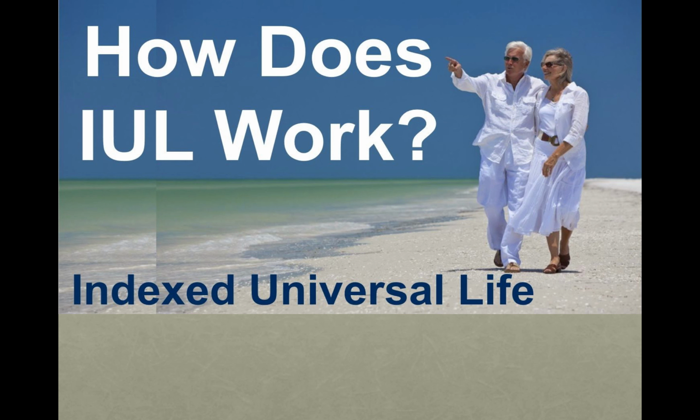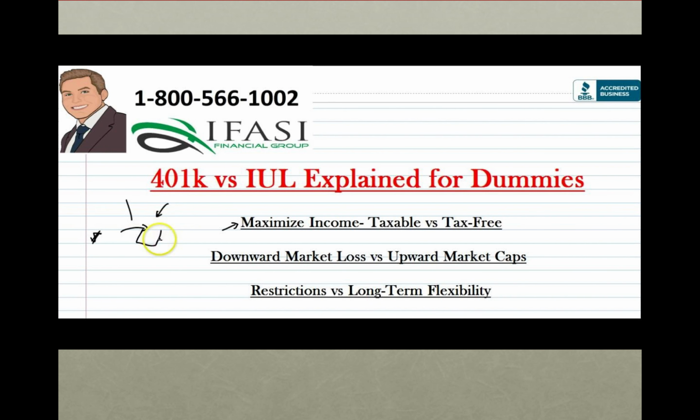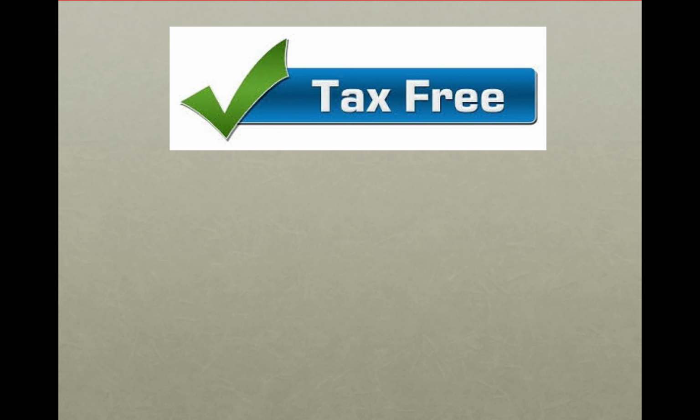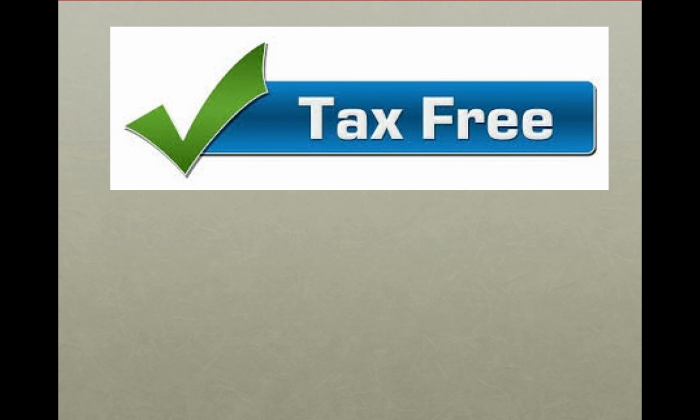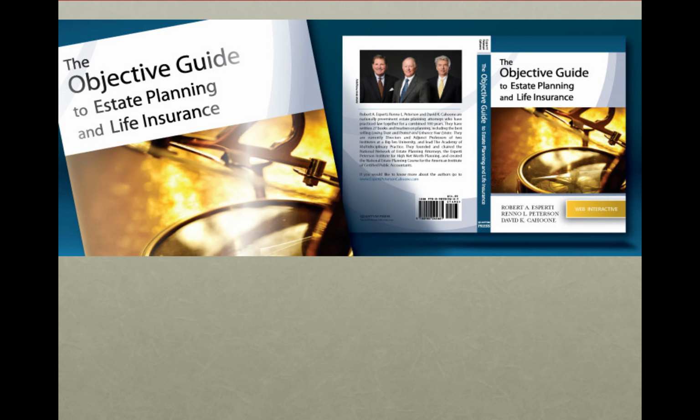Here's another ad, looks pretty. And here's another ad that says, look at this, you can grow your money tax-free and then take it out in retirement. And this one says, hey, you should probably put your money in an indexed universal life, not in a 401k, which is about the worst advice absolutely possible. They emphasize the tax-free treatment of life insurance, and yes, any cash value inside an insurance policy grows tax-free as long as you die. They just happen to not mention that part a lot of times.